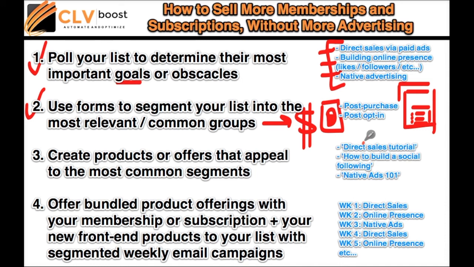So either way, once you've determined your main buckets, which may be generally anywhere from 2 to 4, I really don't like to have 5 main buckets. I think this starts to get obnoxious. When you determine your 2 to 4 main buckets, you can add those as web forms, post opt-in and post purchase. Now, once you've done that, you can then create products or offers to those most common segments. So you can create